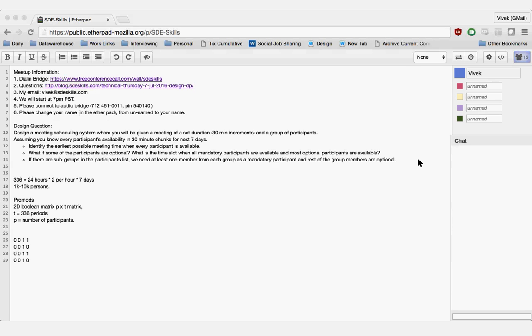So your 1 is available and 0 is not available, is it? Correct. Yeah. Correct. So this will be extended to 336. No. Take a step back and can you talk about the API that will be available to you? Because line number 11 in this text says that assuming you know the participants' availability for 30 minutes, what kind of API would you define that will actually give you the availability for a given participant?